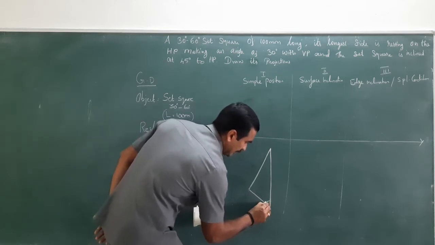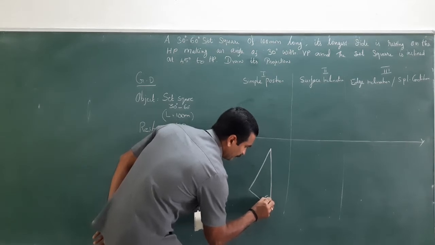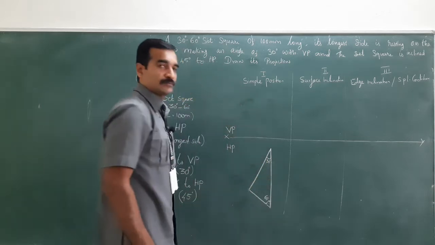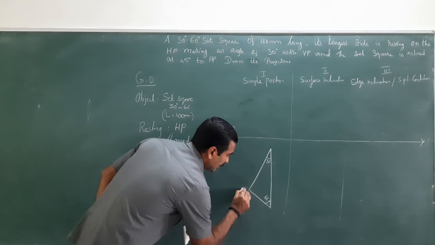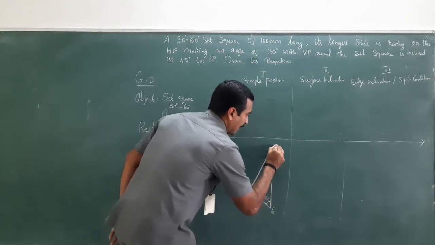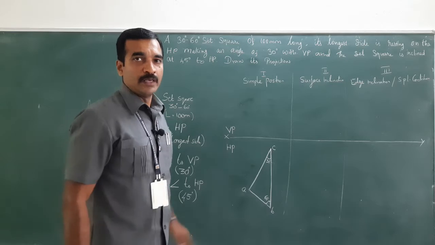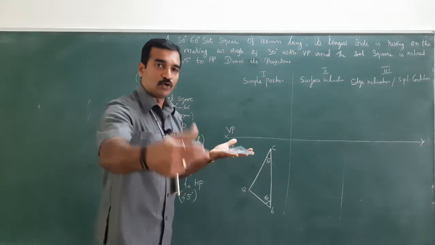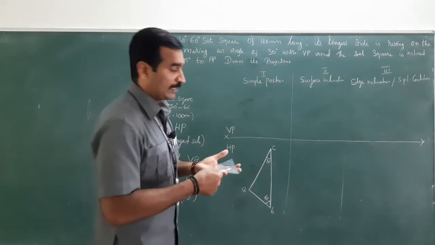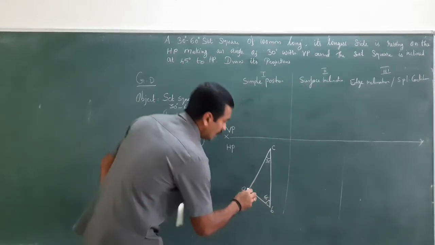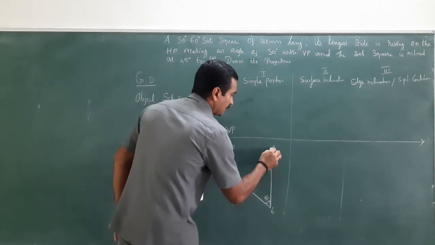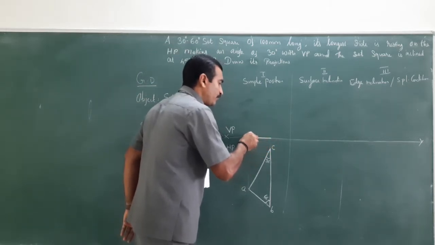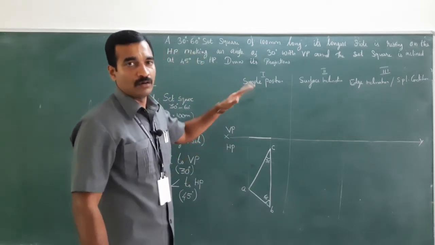This angle is 60 degree. This angle is 30 degree. Let me just give the naming for this. A, B and C. So, what about its front view? When the object is being placed in this manner, when you look at from the front, you could see a line. For which, let me just project this point vertically upwards. Now, this is the front view which is obtained on the XY line, right?